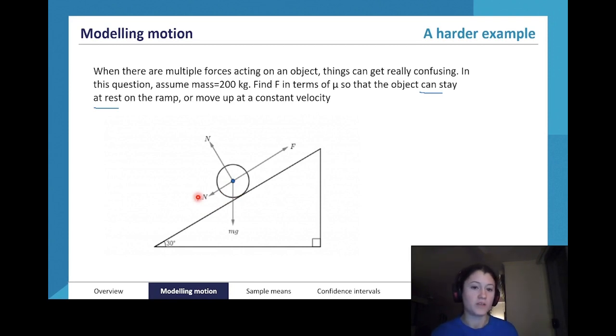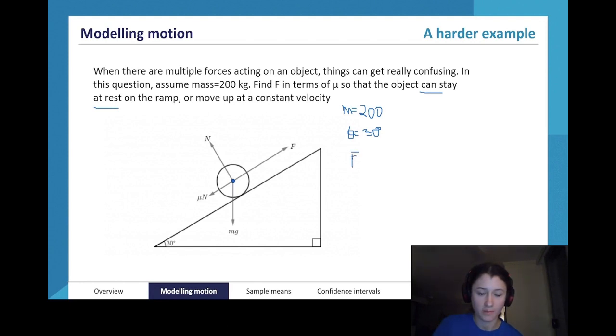Or if it moves up at a constant velocity, we can also determine that using our F equals ma formula. So the information that we know is that the mass is equal to 200. Our angle is 30 degrees. And we know that